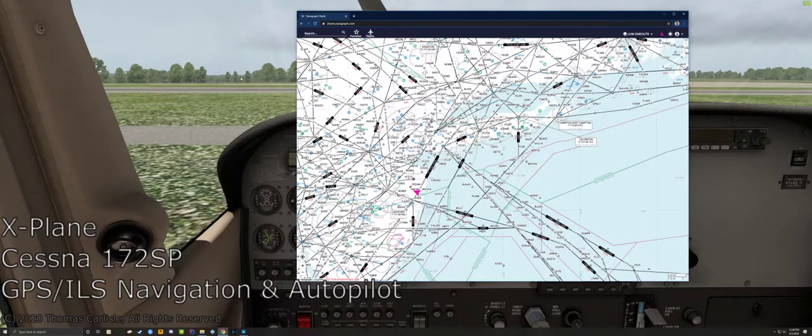Today we're going to look again at X-Plane 11 and the Cessna 172S that's built in, the default aircraft in X-Plane 11. And we're going to look at flight planning, GPS route flight planning and programming the GPS route, having the autopilot follow it. I did a video yesterday. This time today, we're going to use an ILS approach instead of an RNAV or GPS approach at the destination airport. Also today we're going to utilize the OBS button